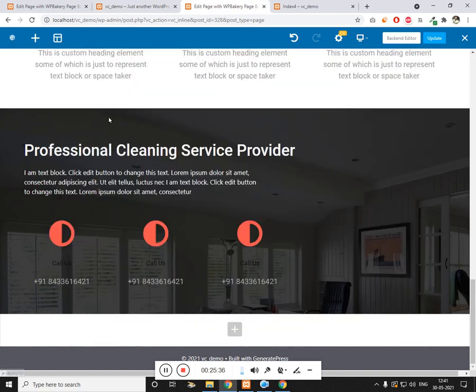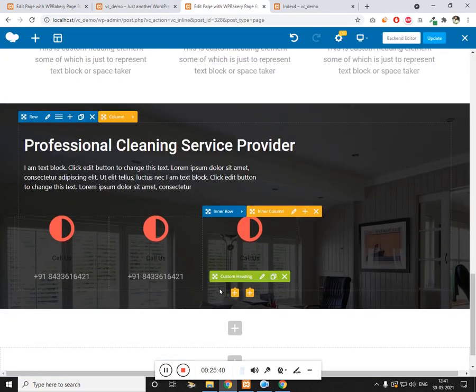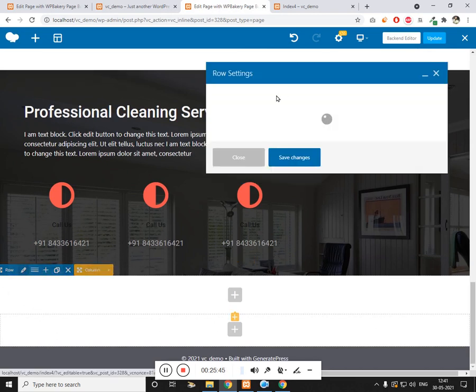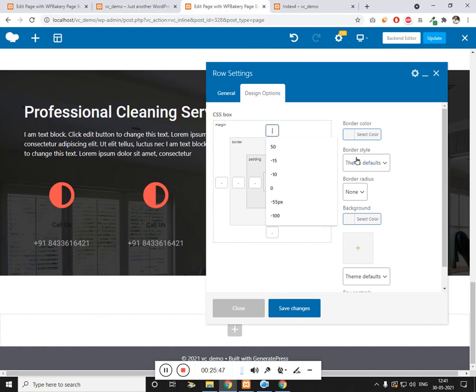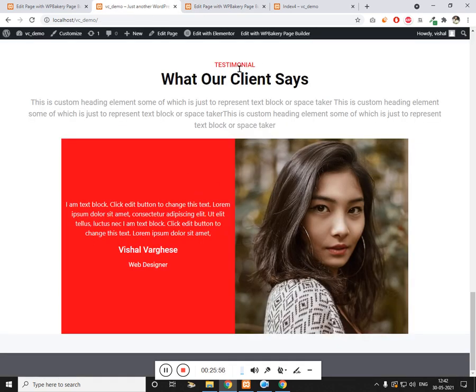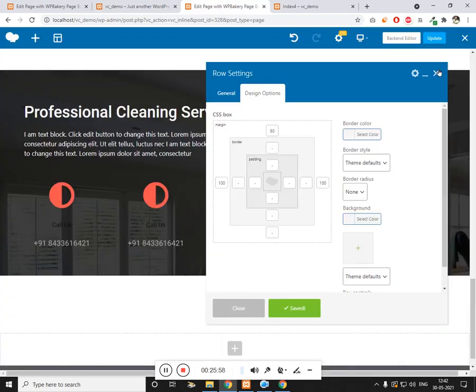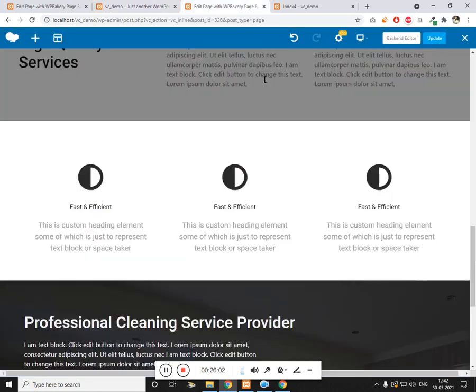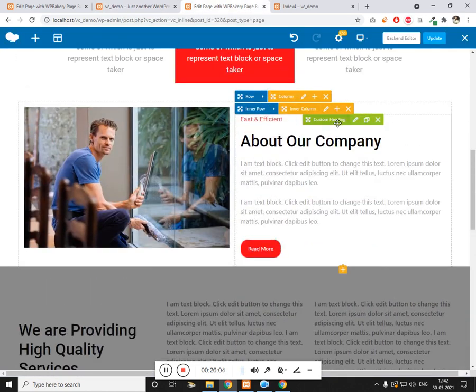Now let's get the row, and we need to add margin to the row, 50 pixel top, and left and right let's make this 100, and we need to drag the content. So I'm leaving this to you. So we have a testimonial section, you can drag it from here,